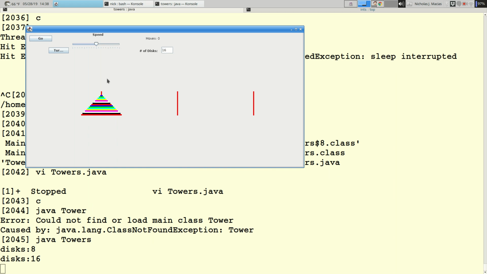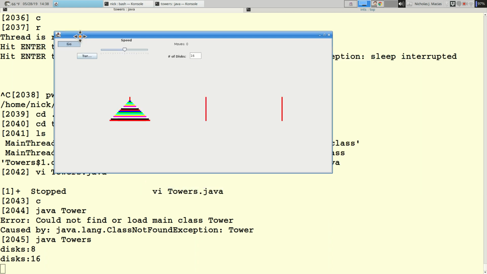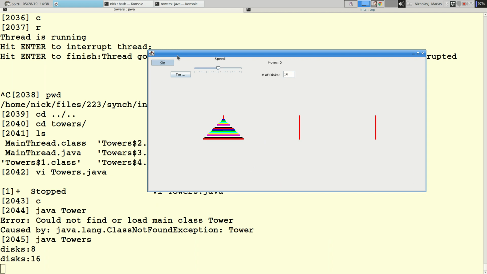But as soon as I say go, everything kind of freezes, right? And it's freezing because I'm sitting inside my main thread class, and I'm doing my pole movement, my disk movements, and I'm calling repaint, but repaint does not display this. Repaint says when you have a chance, update the display by calling paint. But I'm bound inside my main thread class right now. And unless I have a separate thread, that's what the CPU is doing. It's running main thread. And I can't even get out of this by Xing.